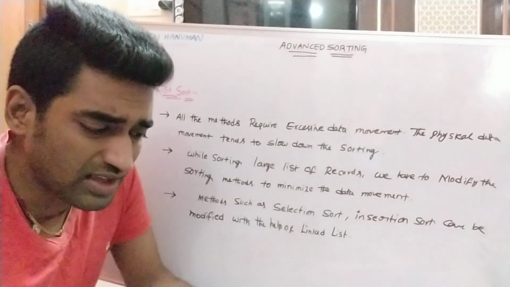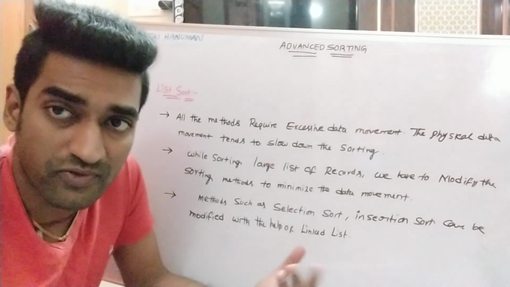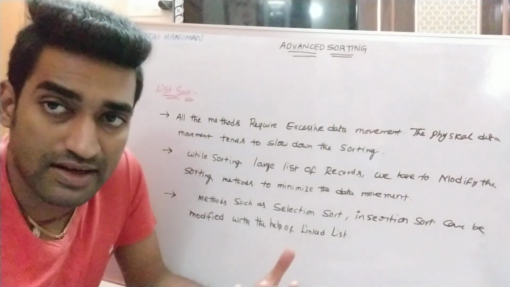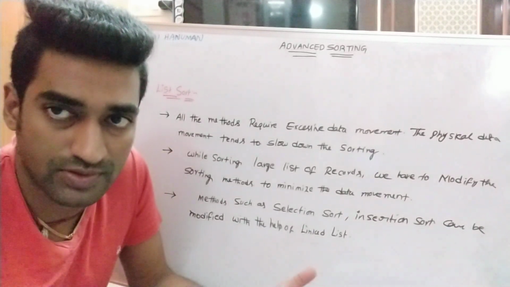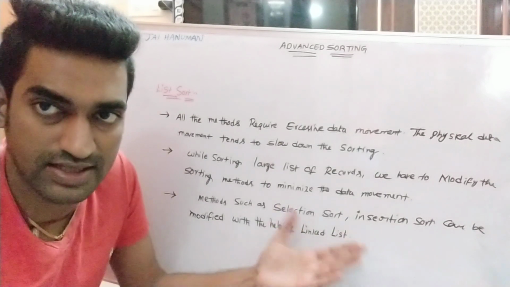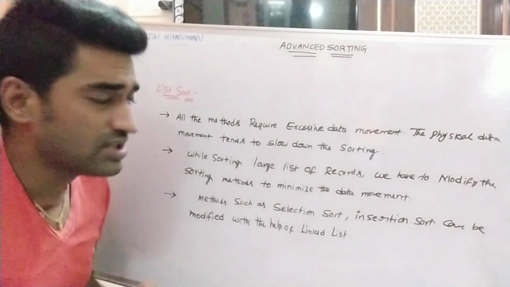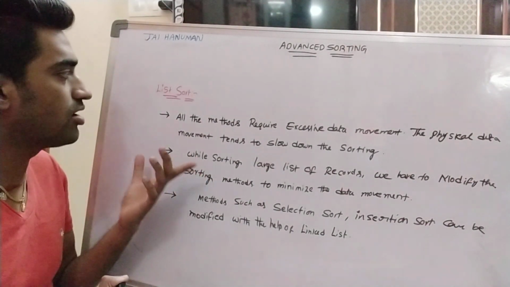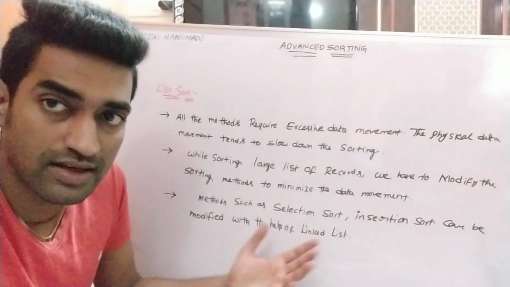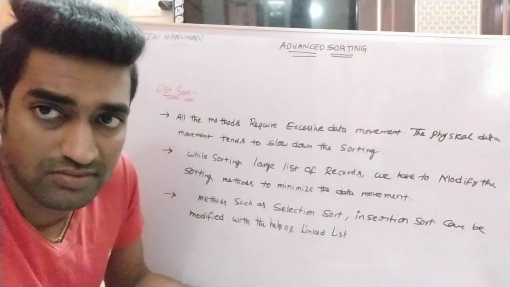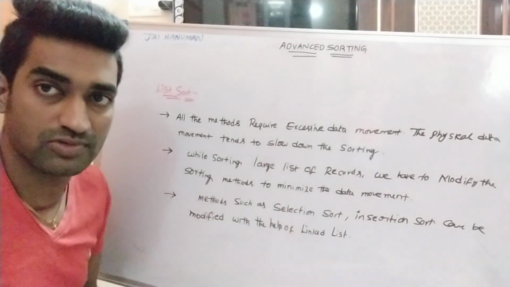So before applying a linked list, it automatically degrades the performance. Why? Because a large number of comparisons and swapping operations are required to sort a large number of data records. To overcome that drawback, we add some extra field, that is a linked list field, right? So this is the introduction to the list sort mechanism. Here I am taking one example to show how to add that extra field to the list of records, then how to apply the sorting mechanism on that list, to implement the list sort mechanism.